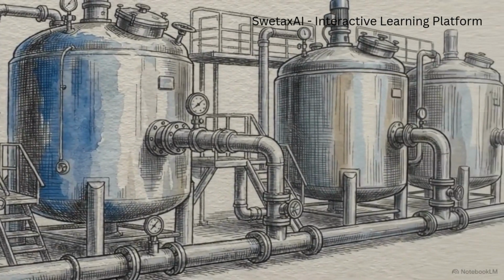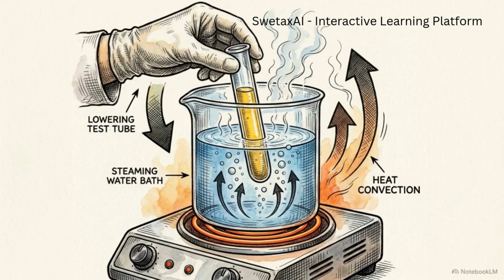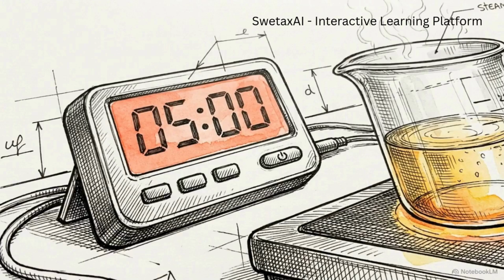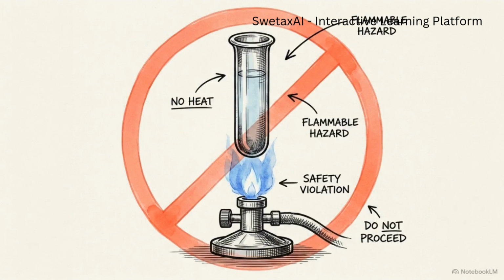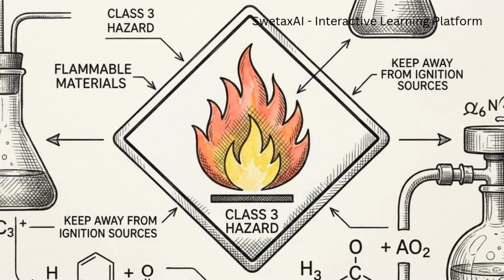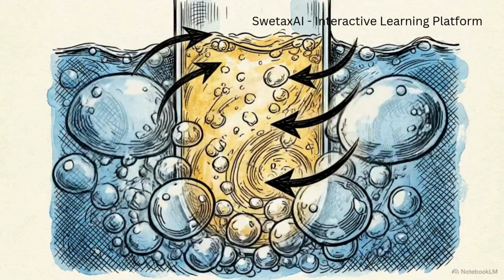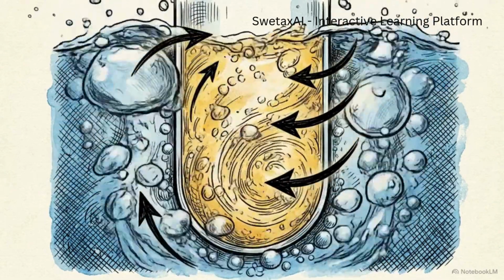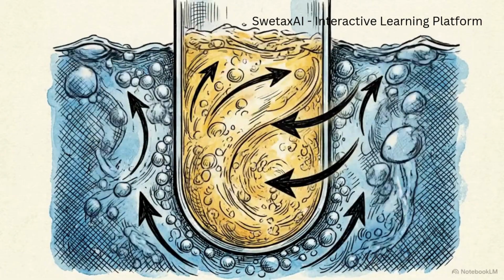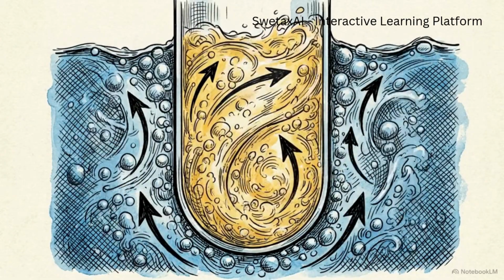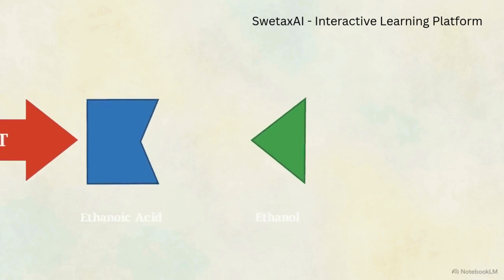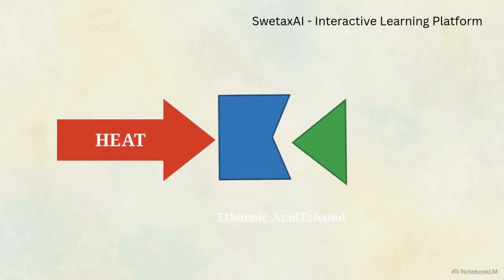Next, place your test tube into a pre-warmed water bath and leave it to incubate for at least 5 minutes. Never heat this mixture directly over a Bunsen burner. Absolute ethanol is highly flammable, and exposing its concentrated fumes to an open flame poses a severe fire hazard. As hot water surrounds the glass, it steadily increases the kinetic energy of the molecules inside the tube, forcing more frequent and powerful collisions. This controlled transfer of heat acts as the engine for our reaction, driving the chemical bonding